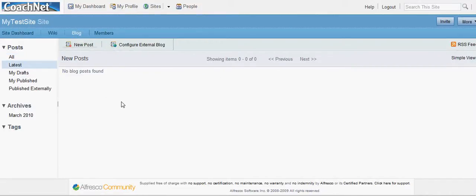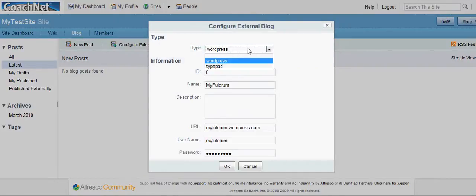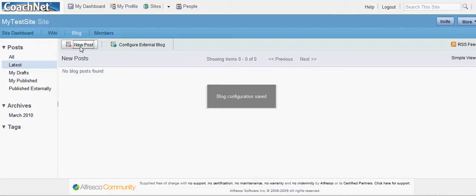The blog section is interesting because I can write blog entries in Alfresco and make it part of my share environment and my collaboration environment, but I can also tie those blog entries to an external blog. Now, right now it's only designed to work with WordPress or TypePad blogs, but I happen to have a WordPress blog, so I was able to put in my name, put in my WordPress blog address, my username and password, and now when I create a post,